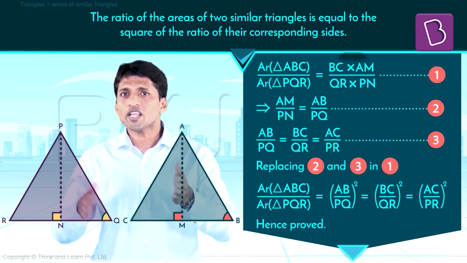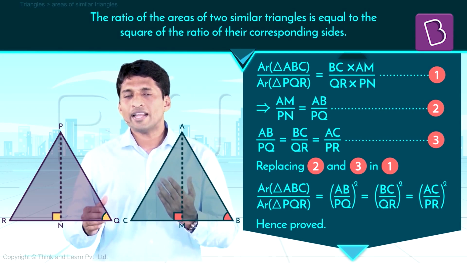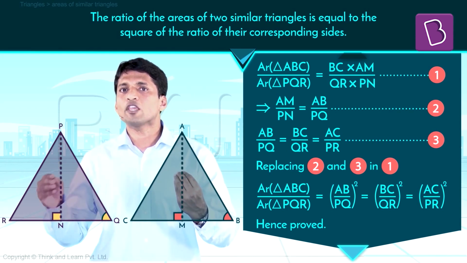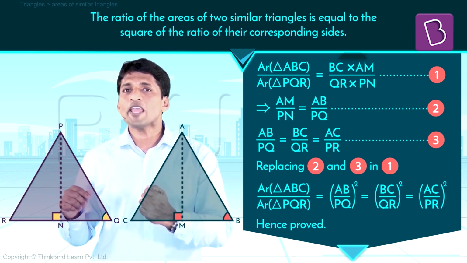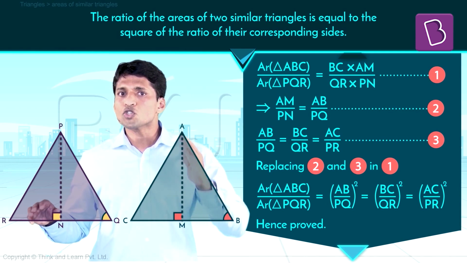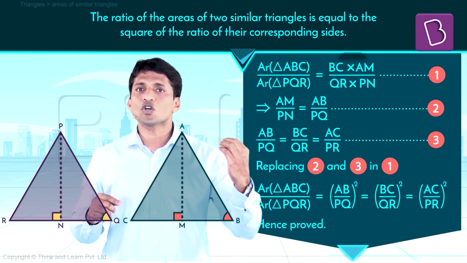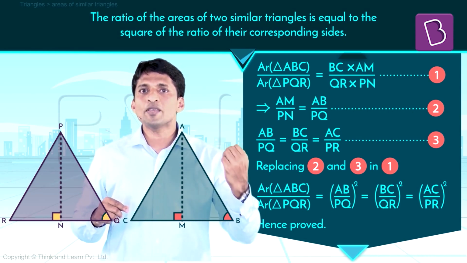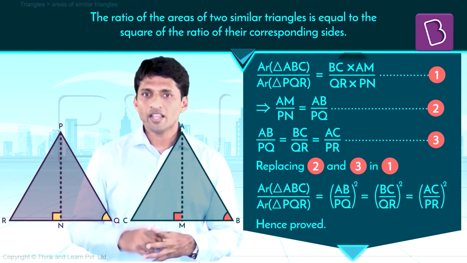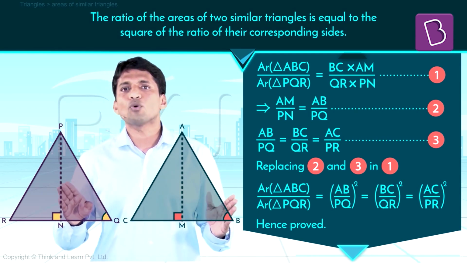We are proving this by dropping two perpendiculars and by taking the area as half into base into height, and then we are considering that even the inner triangles, that is ABM and PQN, are similar, so that you can replace AM by PN by AB by PQ, and you are also replacing BC by QR also by AB by PQ. So we get (AB by PQ) whole square. That is, the ratio of area of triangle ABC by area of PQR is (AB by PQ) whole square. Can also be written as (BC by QR) whole square. Can also be written as (CA by RP) whole square. It's a very simple proof and easy to understand.